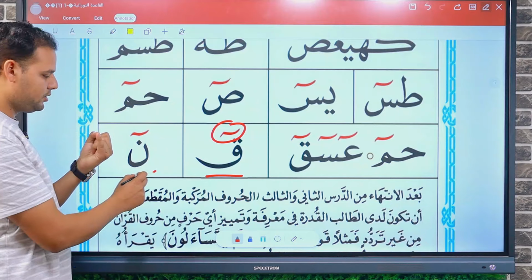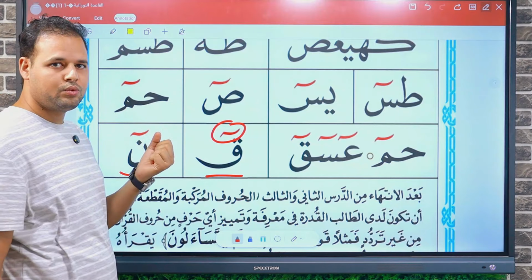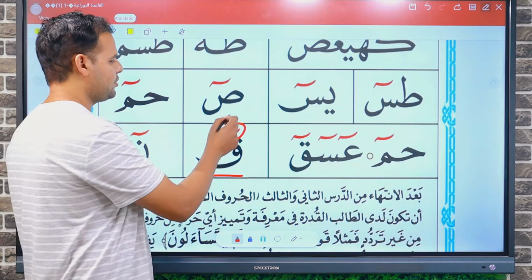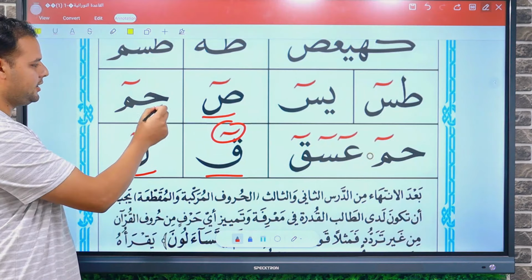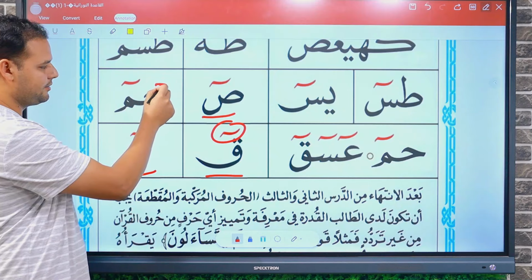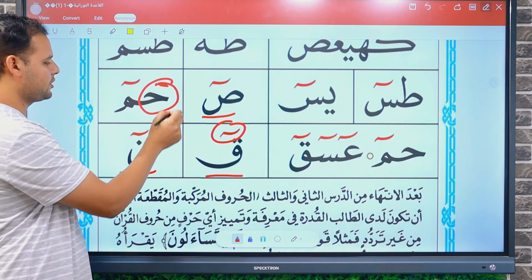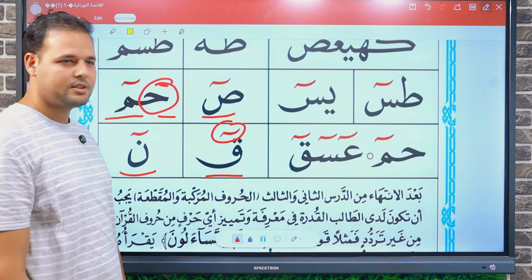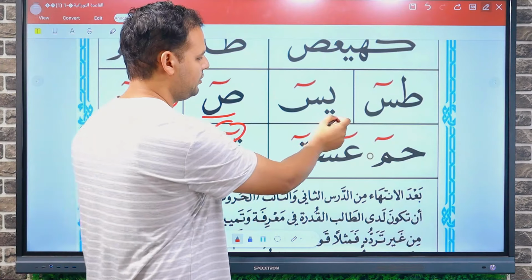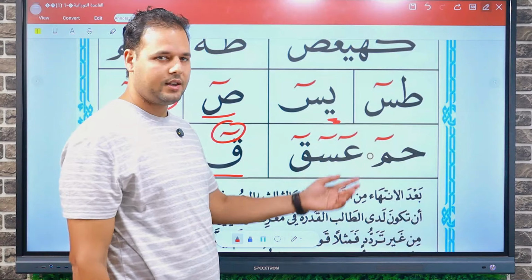We have here noon, sad, and then here you see this letter doesn't have anything on it, so it's going to be ha and mim, 6 beats. Here also the ya doesn't have anything, so it's ya and then